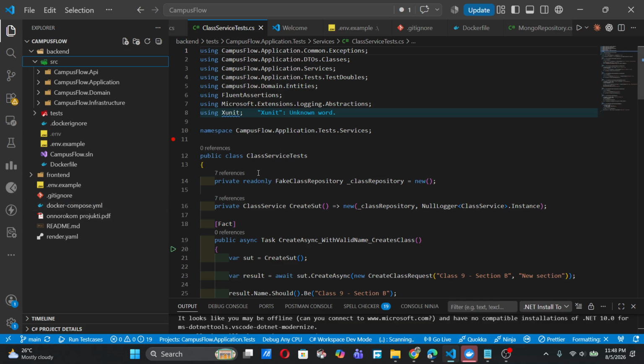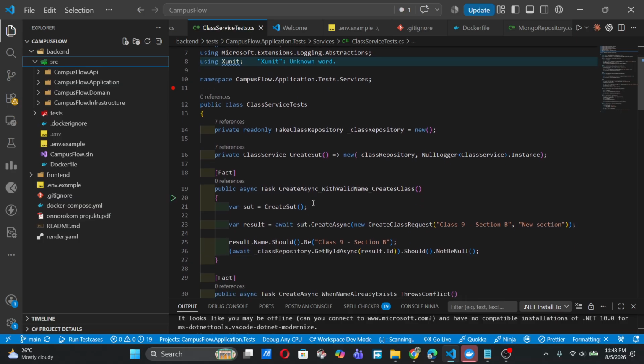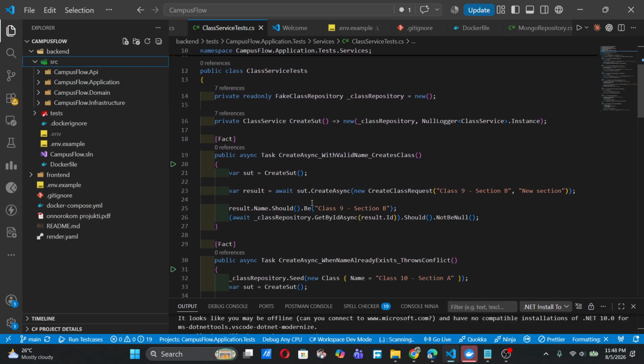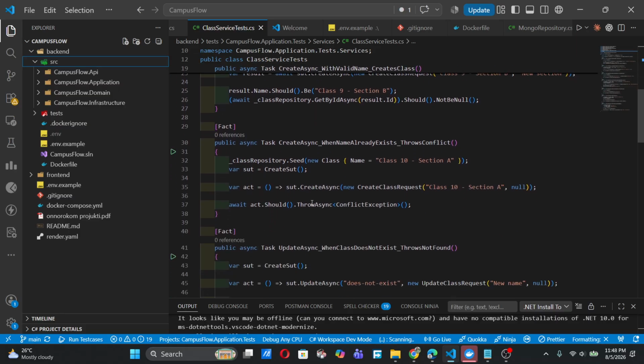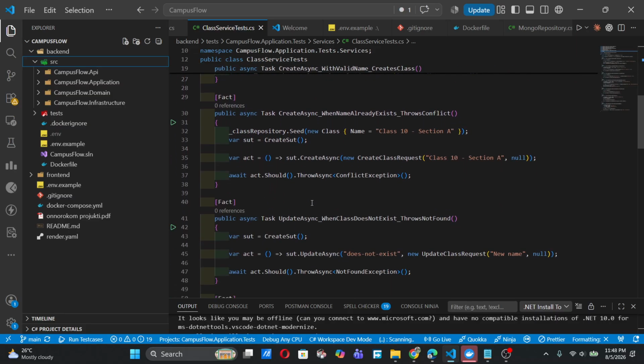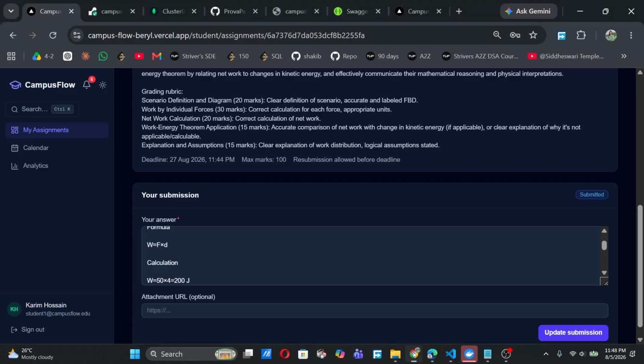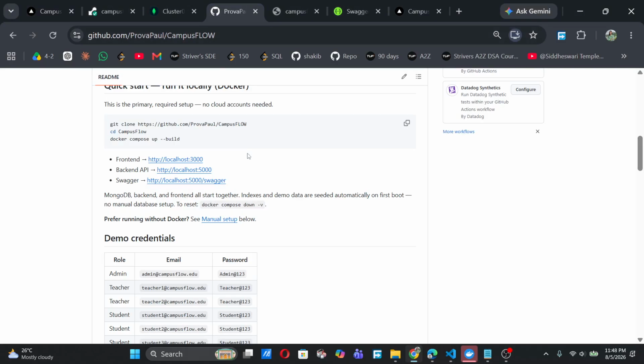covering authentication, authorization, and the full submission workflow. And the entire API is documented in Swagger, including JWT authentication, and it's accessible on the live site too. For local evaluation, the whole project runs with only one command, docker compose up --build,